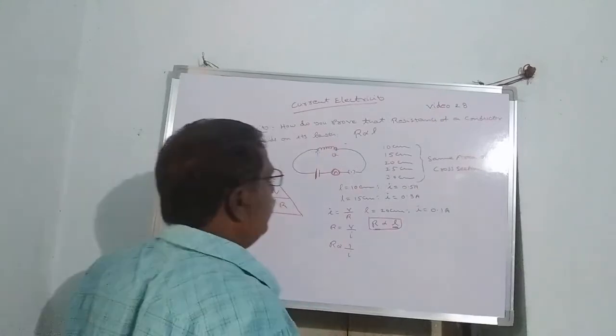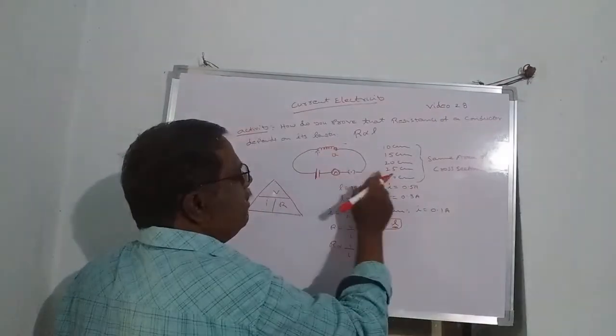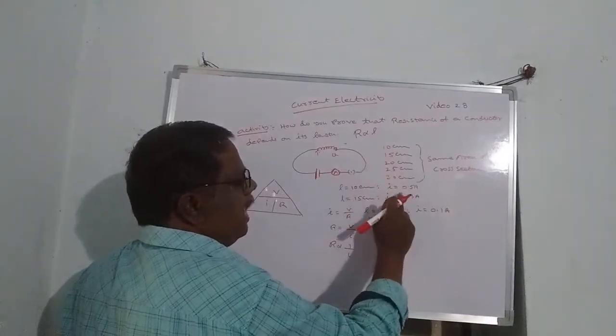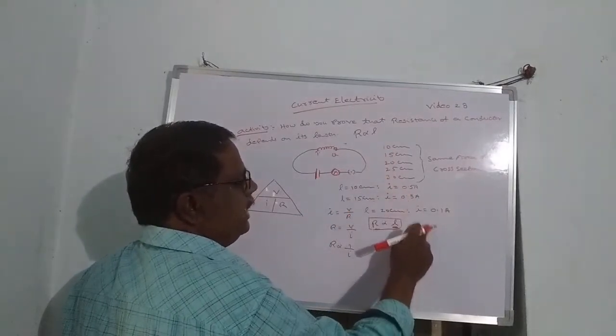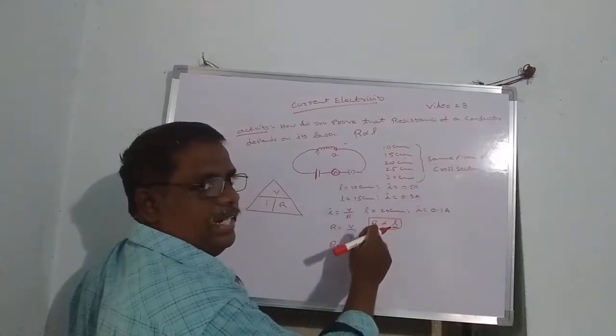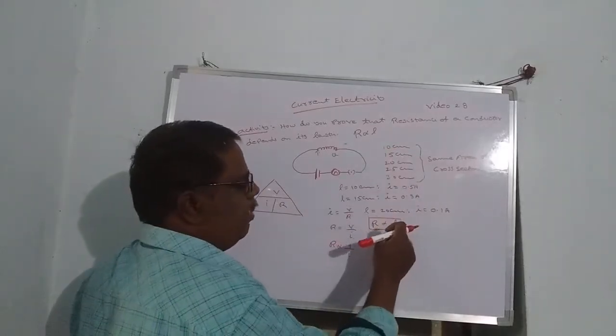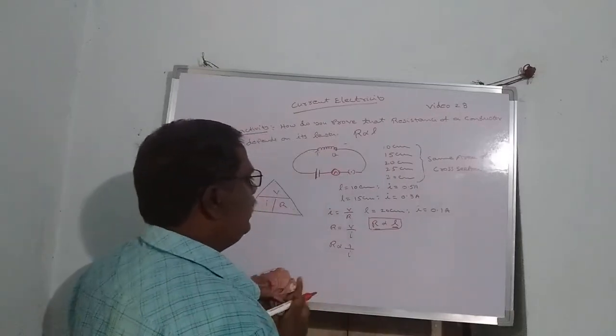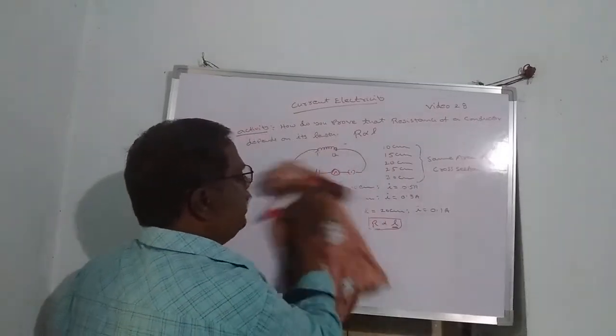So in this way, we can repeat this activity with different lengths. As length goes on increasing, the ammeter reading goes on decreasing. That means if length increases, resistance also increases, and flow of current decreases. This is our activity. So next activity, how do you prove that